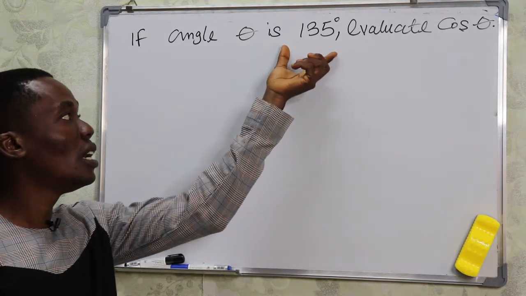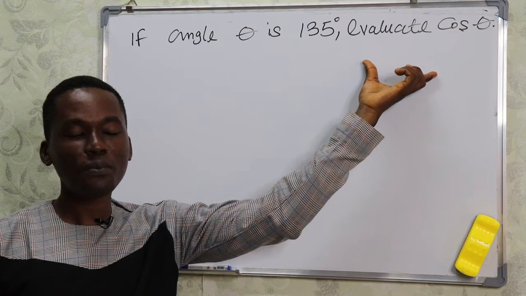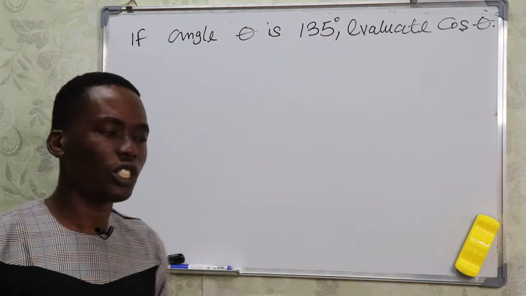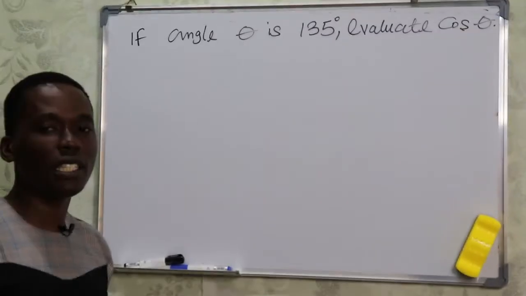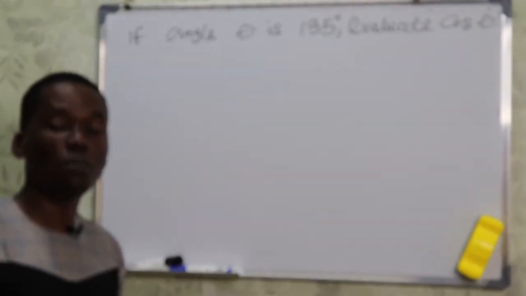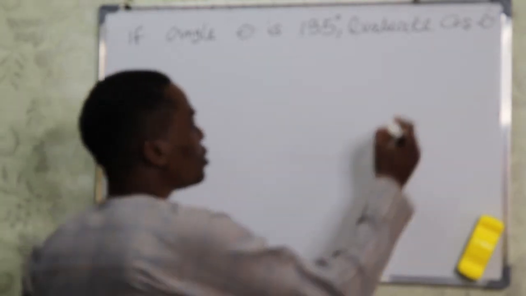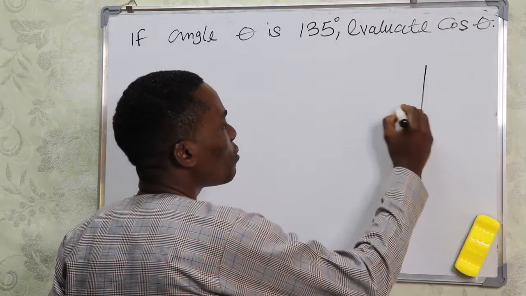is 130 degree. You are asked to evaluate cos theta. Now in those days, if you study trigonometry very well, I'm going to show you a full-blown video on this as time goes on. If you are subscribed to our channel, once that video is published, you'll be the first to get it. Now in that video, you're going to learn more on the four quadrants